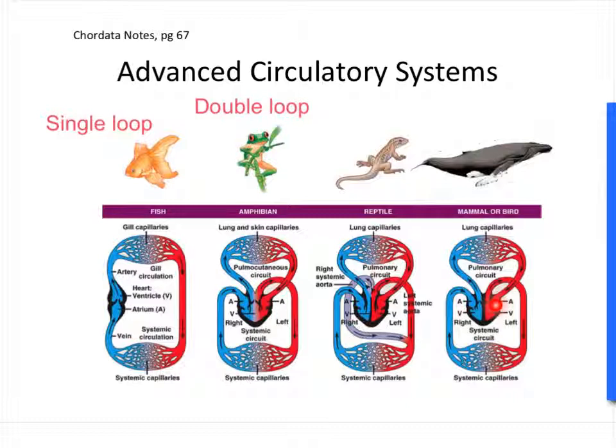The oxygenated blood does not get diluted by the deoxygenated blood, and so total 100% oxygen blood gets pumped to the organs and whatnot, and then comes back that way. So it remains totally separate. So they kind of have the best of both worlds. They have the double loop, which allows faster blood flow. They have a four-chambered heart, and the heart is totally divided, so we don't get any mixing of the blood like you see over here. And with that, we are done with all of our notes on chordates as well as